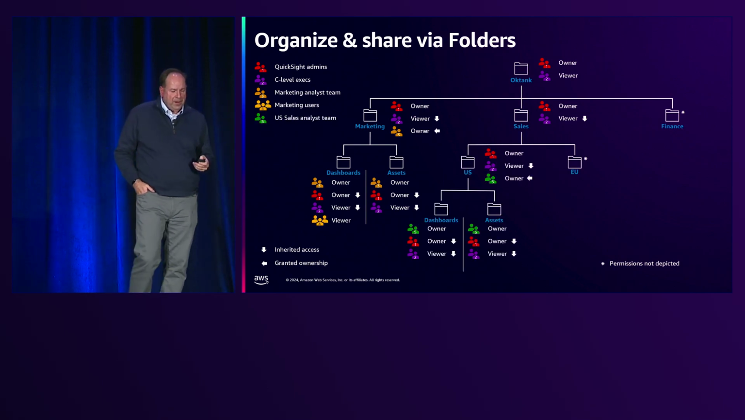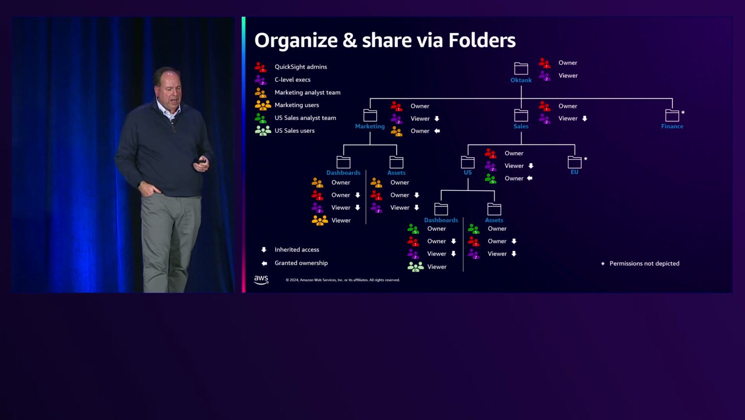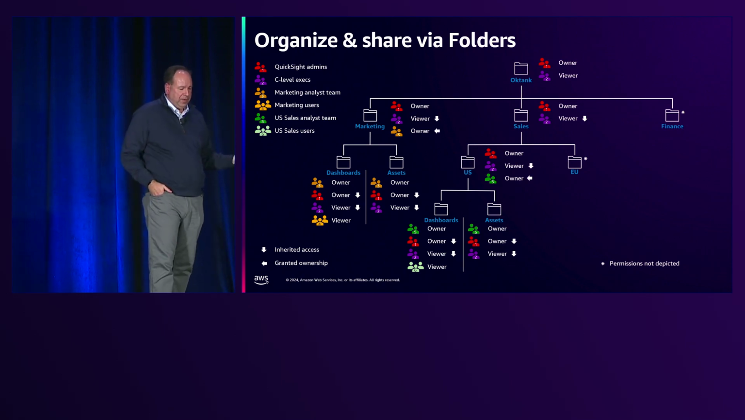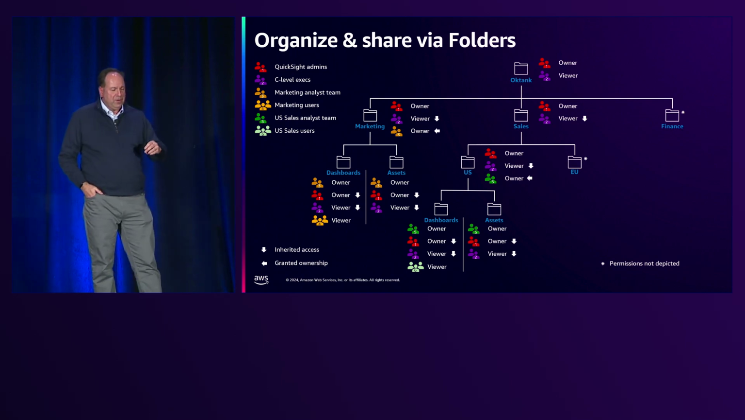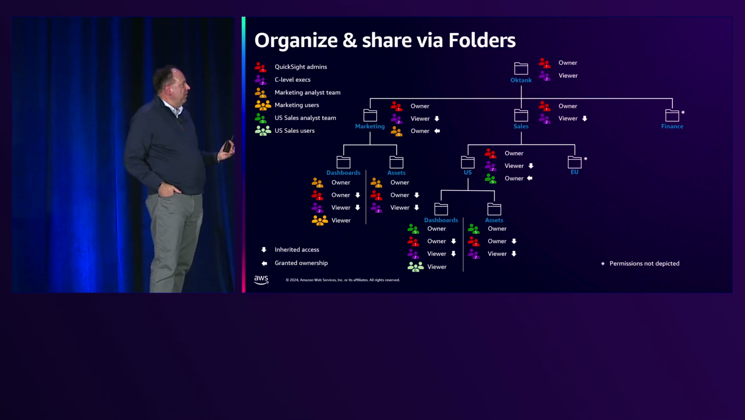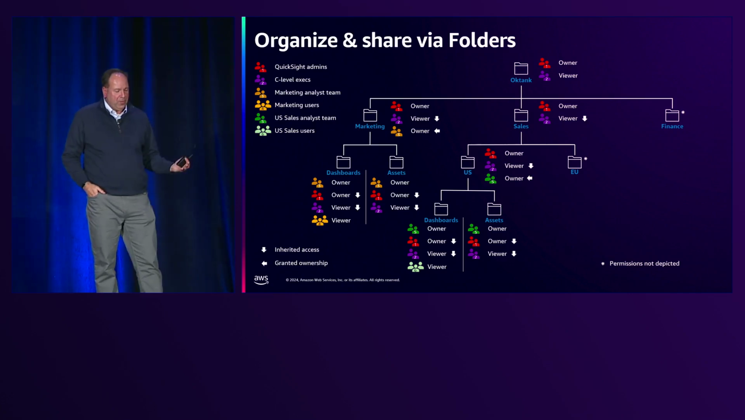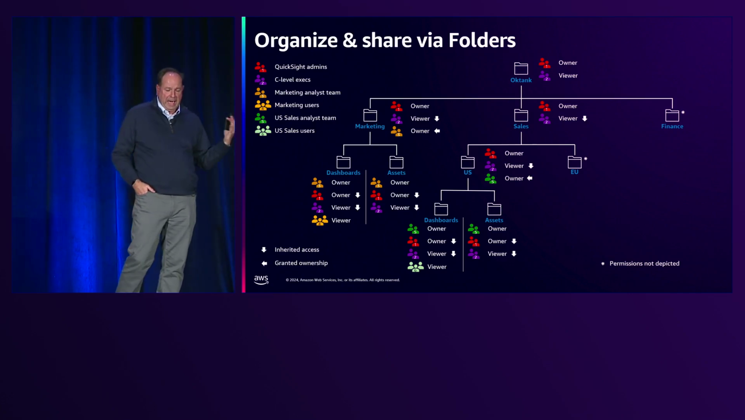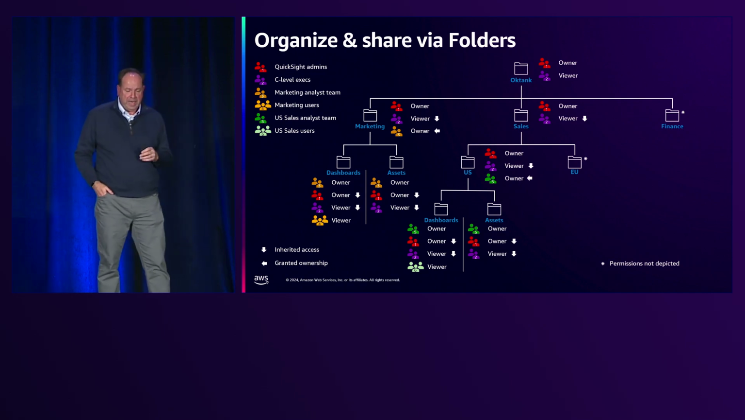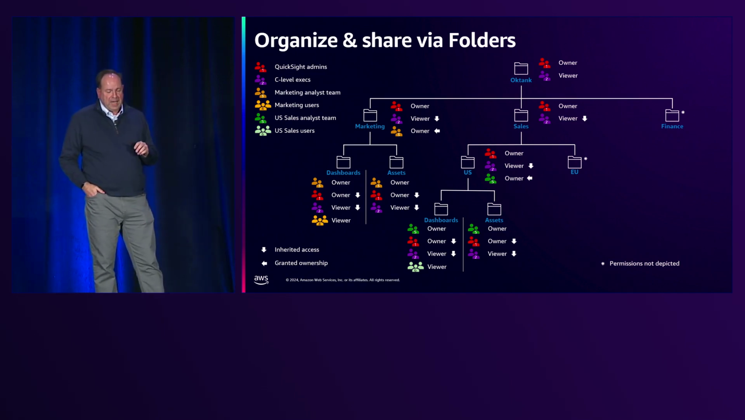And then one pattern that we see is organizing and sharing content via folders in QuickSight. This diagram talks about the individuals that are owners on particular folders, what they have access to, who they can share with, and whether their permissions are inherited with other folders based on a subfolder that's been created. And there are three types of